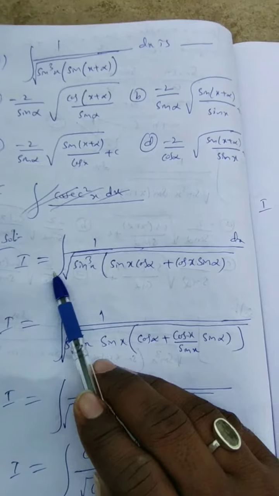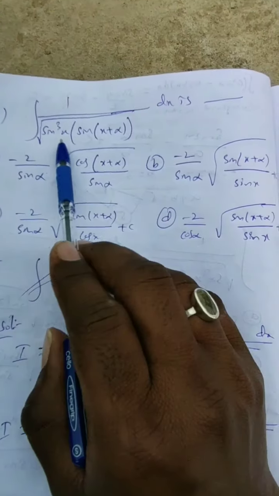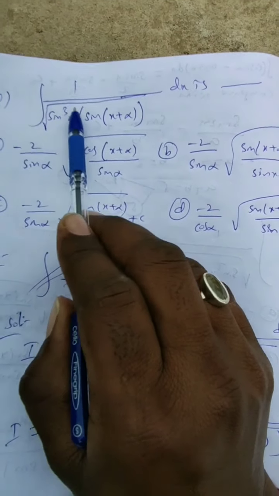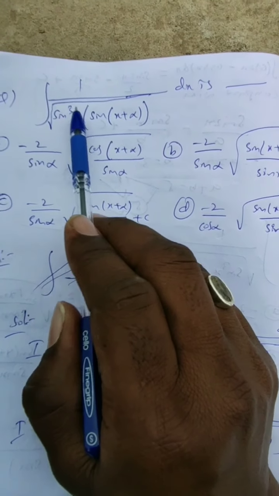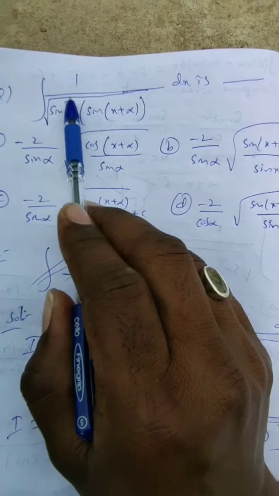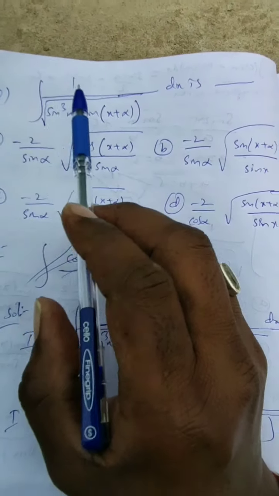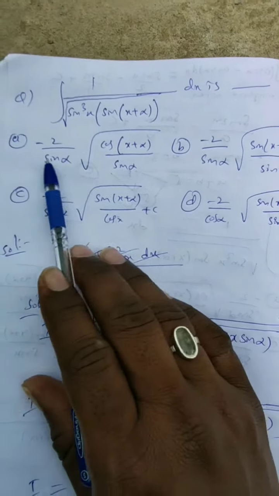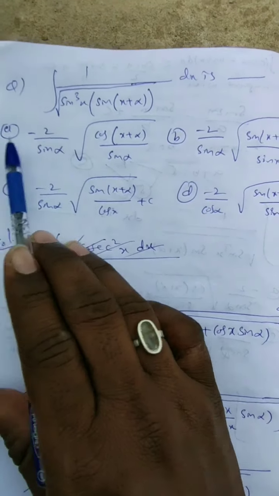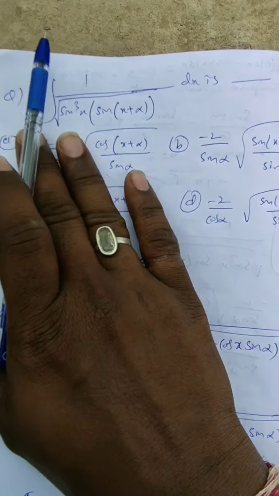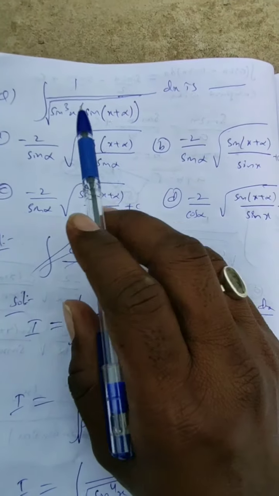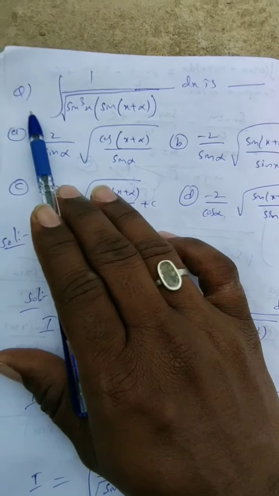So I is equal to 1 upon... what is the idea of this one? I'll tell you. It is there in under root of sine cube x. So this under root should come out, meaning this under root should be removed first of all. Only then this can be possible, because you can see in the options sine alpha came outside of the under root. The answer is not inside the under root. So something should come out from the under root.